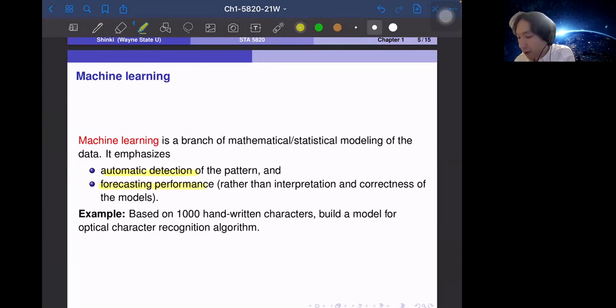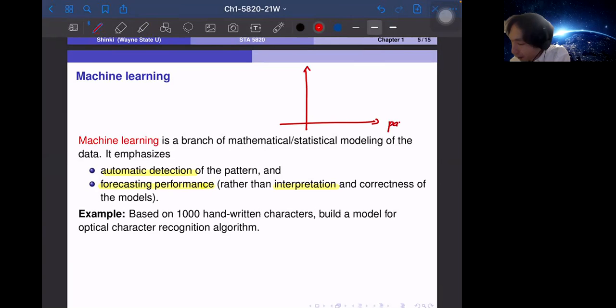And also the focus is on forecasting performance. So interpretation is not that important. In statistics, interpretation is important. For example, if we developed a vaccine for the coronavirus, at first we want to see if it is effective or not. Or if you think about the parents' educational level and the children's academic achievement, then we want to explain the